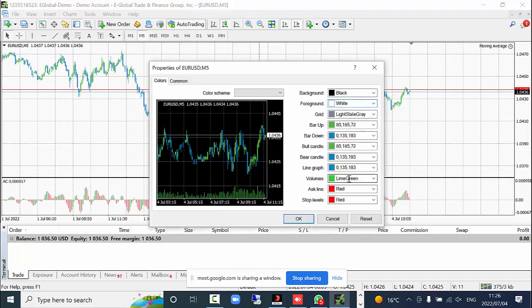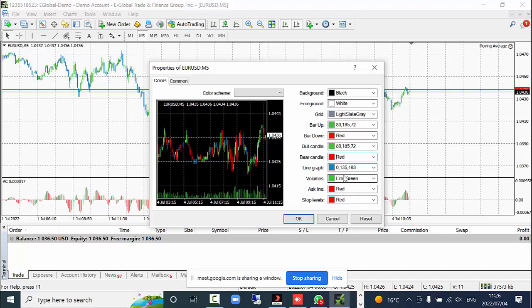Then I love my bullish candle to be green. I like my bearish candle to be red. So bullish candle up is green already. Bearish candle, I will change it to red. Then bullish candle is the same thing as bar up, okay? Bar up. It's already green, so it's okay. Then I change my bearish candle, which is down candle, to red. So from there now,